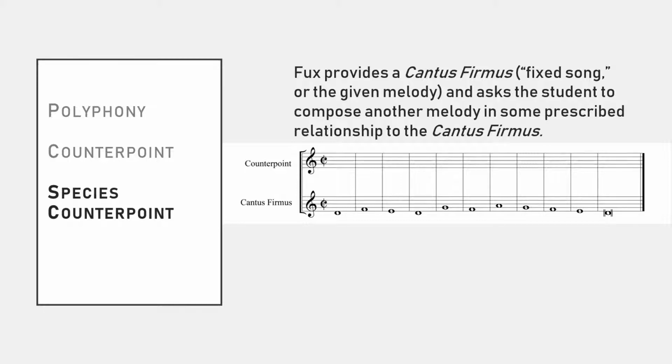In this video series, we will only look at two-voice counterpoint, although Fuchs also includes sections on counterpoint in 3 voices and 4 voices. In this example, the cantus firmus is in the lower voice, but it could also be above. This Dorian cantus firmus, by the way, is a very famous one, and we'll discuss what makes it such a good starting point for composition in the next video.